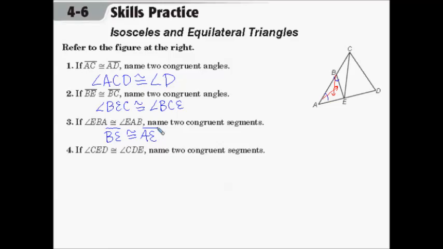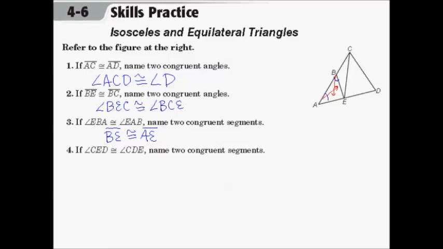If the angles are congruent, then the sides across from the angles are congruent. So even though the picture may not be drawn to where the angles and the sides are actually congruent, the theorem tells us if these two angles are congruent, then these two sides are congruent. And we trust the theorem because the pictures